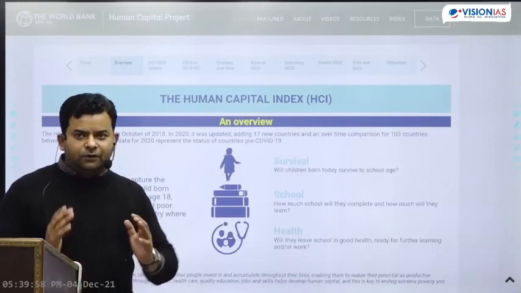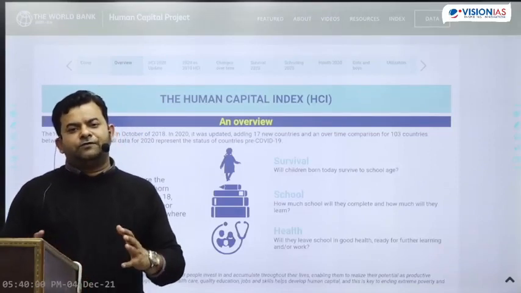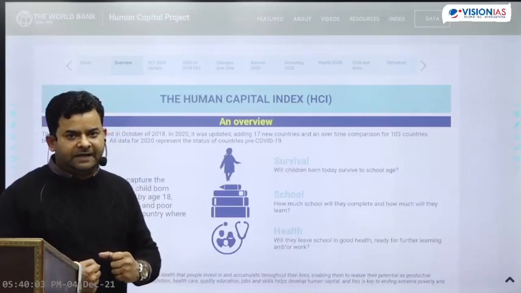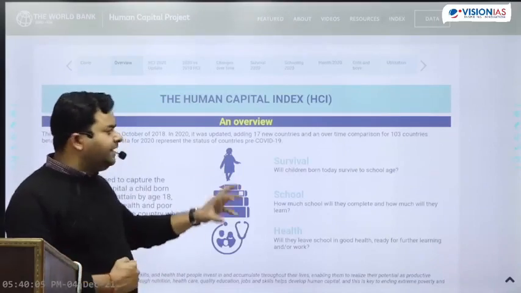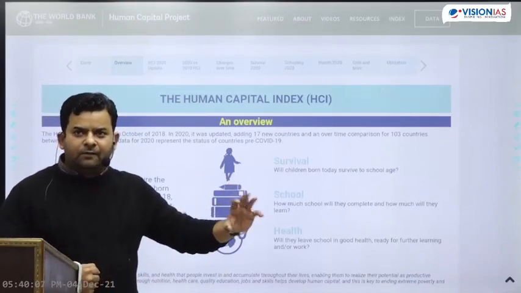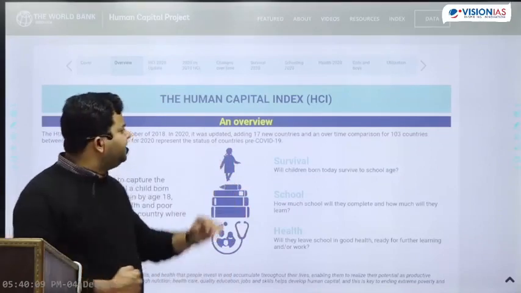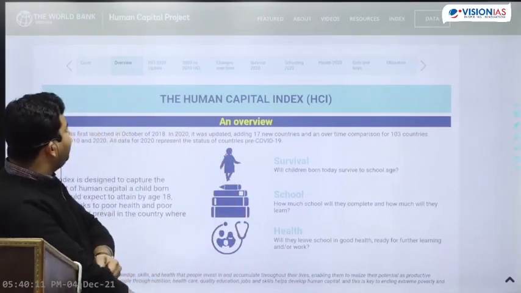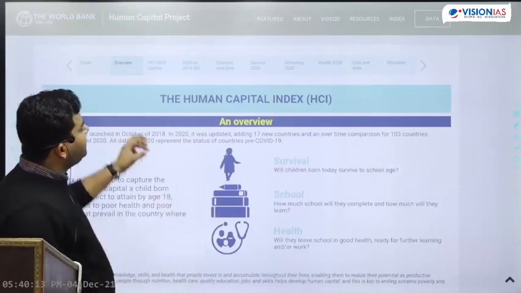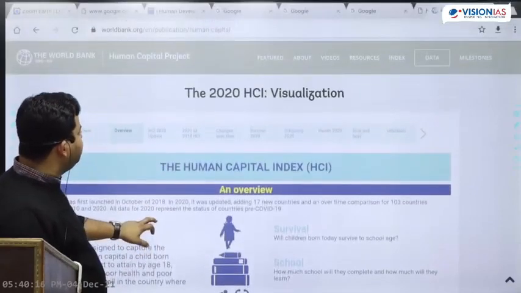In the COVID time, how much loss to human capital has happened. Wonderfully, if India's value is 0.4935, does it go up or down? In fact, there is one more very interesting thing if you want to see in this index itself. Let's say